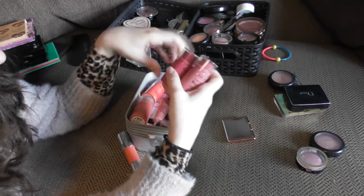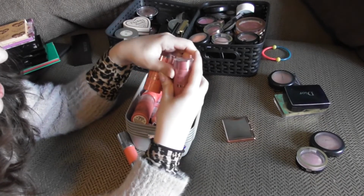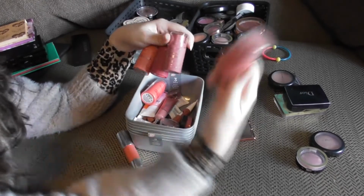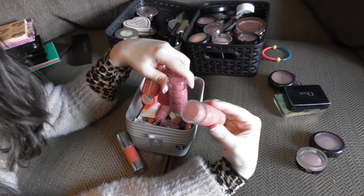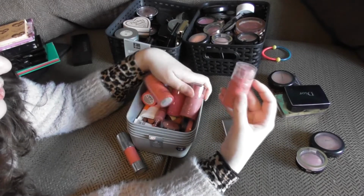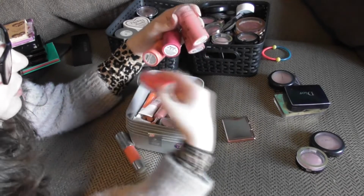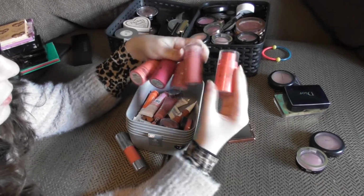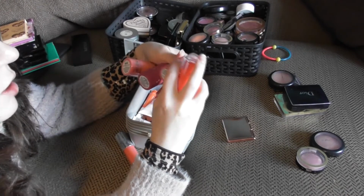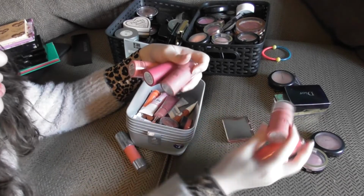So we have my Revolution Fast Base blushes, which I love. I say I love them, there's only one that I've actually used, but I love it so much that I wanted the rest of them. So I think there's only like one or two that I don't have. So we have Bloom, which is a nice coral, Bear, which is a nice nudie pink shade, which is one I've used quite a bit of,